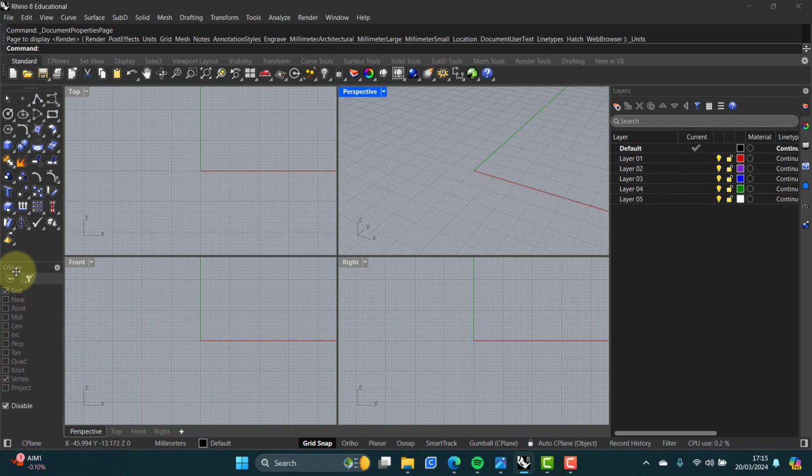Okay, up the side here we've got the object snaps, and they're only usable once the object snap button is selected here. Okay, they come to life. Okay, but we'll come to object snaps in the second video. Okay, now